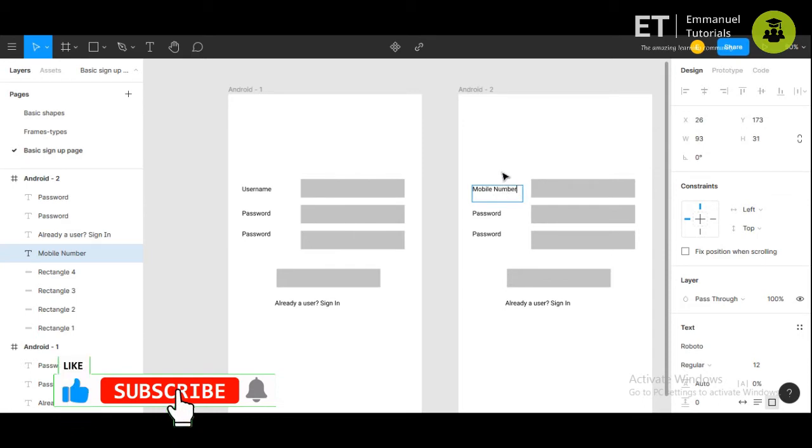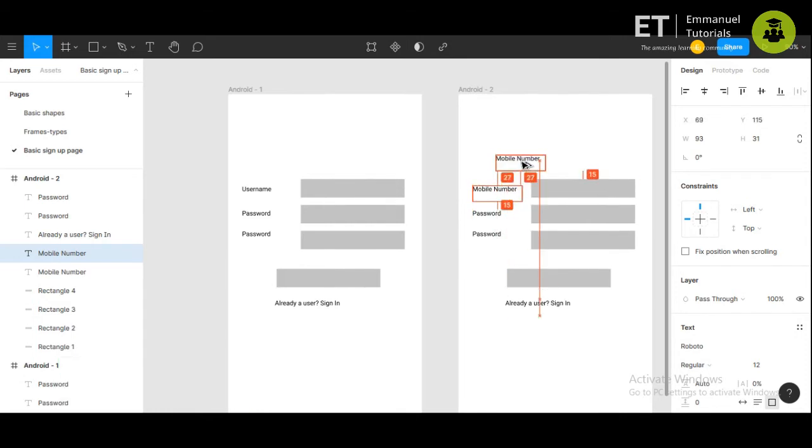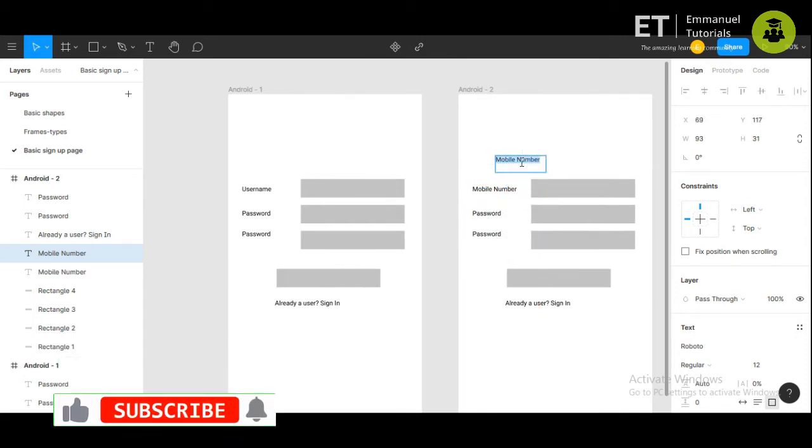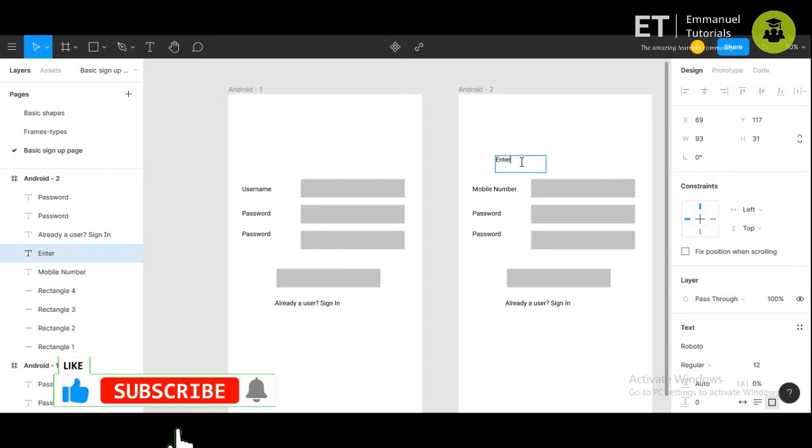So before that, you can give a guidance to the user maybe that enter your mobile number on which the OTP is to be sent.